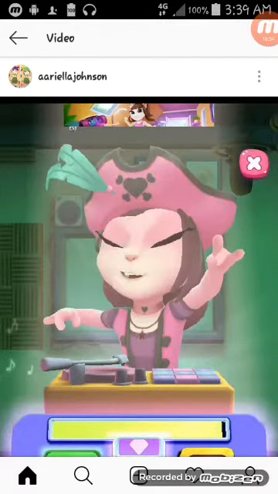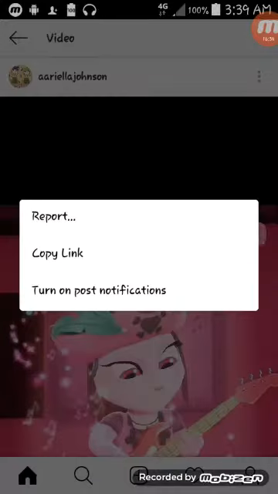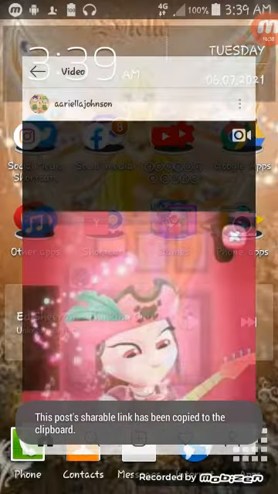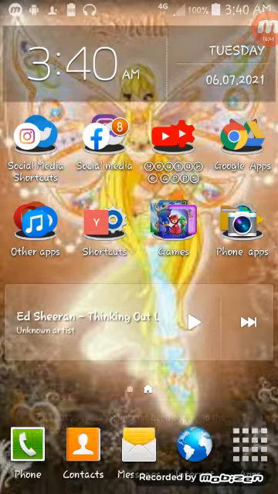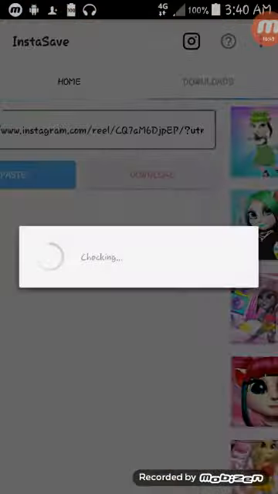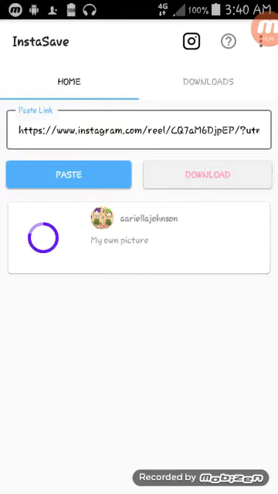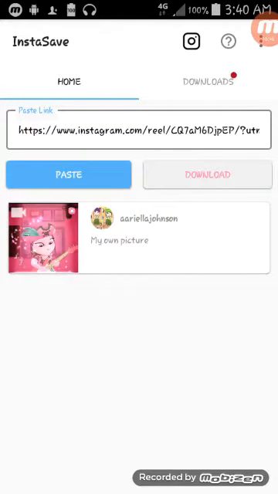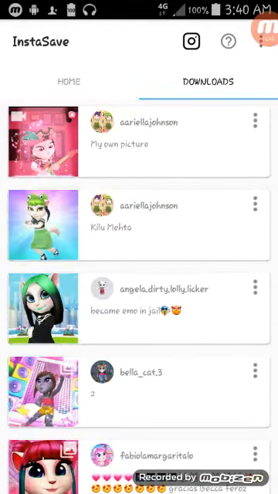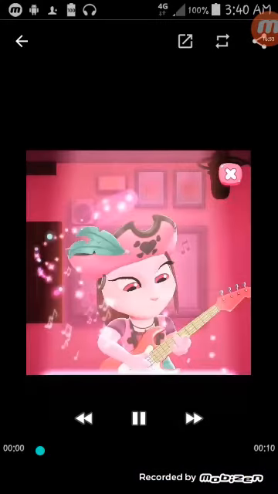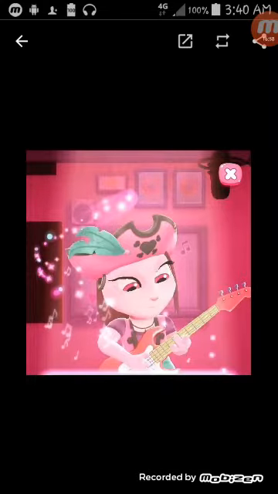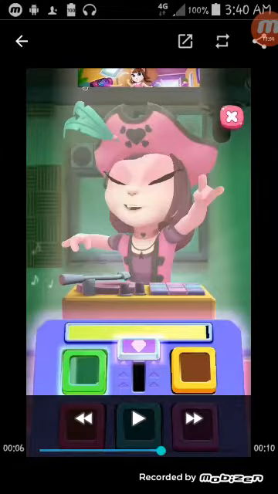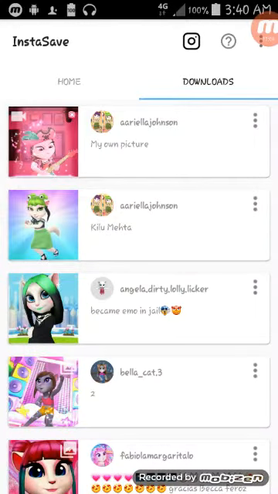So the process is the same. Tap the three dots up there, then copy link to Instagram and open the Save. It automatically pastes in the link and downloads the video. And in download tab you can see it's there. From here you can just tap into it, just open it and watch.